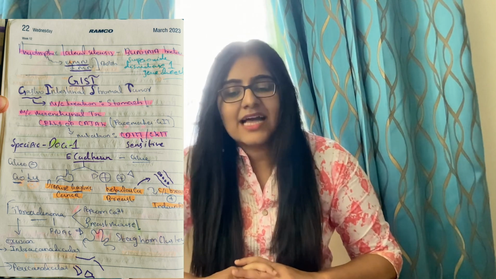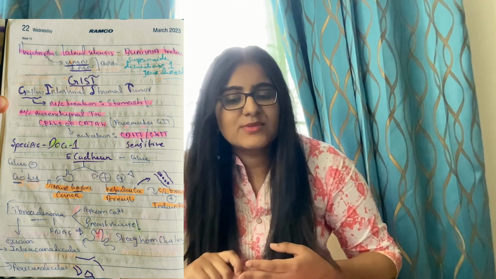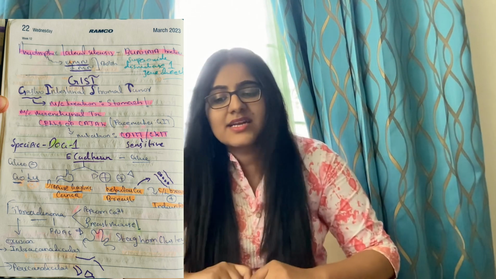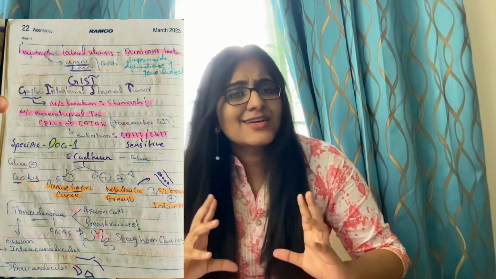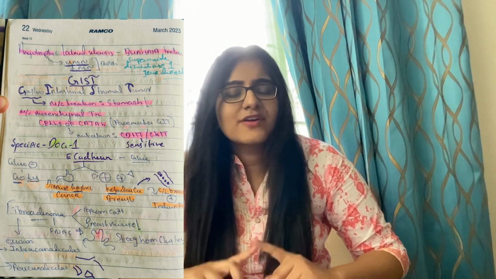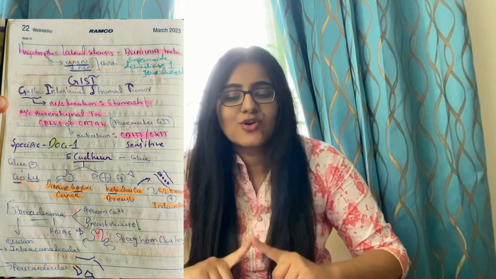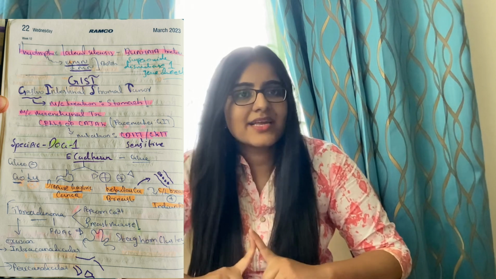Also now you need to remember GIST tumors. GIST means gastrointestinal stromal tumor. Most common location will be where? Gastro. So most common will be stomach. And also you should remember the most common mesenchymal tumor will be the GIST tumor. Cells of Cajal, so it's the pacemaker of the GIT also. And the mutation will be CD117, c-KIT mutation. And CD117 is a sensitive marker, and the specific one will be DOG1. Then you should remember E-cadherin. E-cadherin is a glue actually, and if the glue is not there, it will give you diffuse gastric carcinoma and lobular cancer of breast.